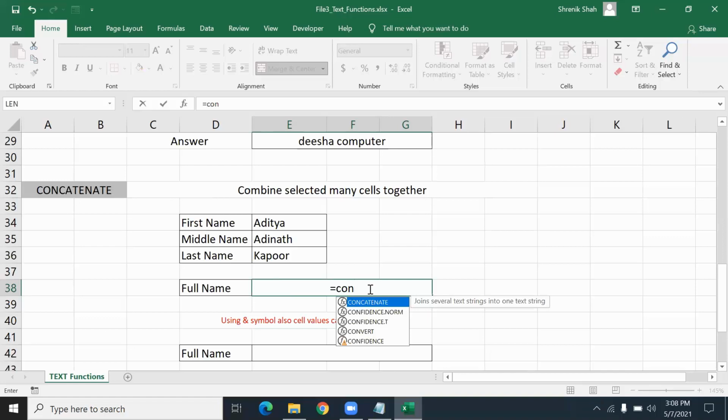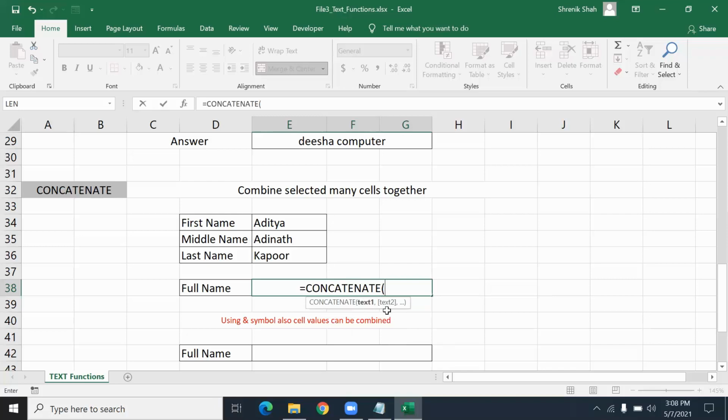When you start spelling any name of a function, Excel shows you some suggestions. With the help of the arrow keys on the keyboard, you can navigate and select any function, and to complete the spelling, you press the tab key.